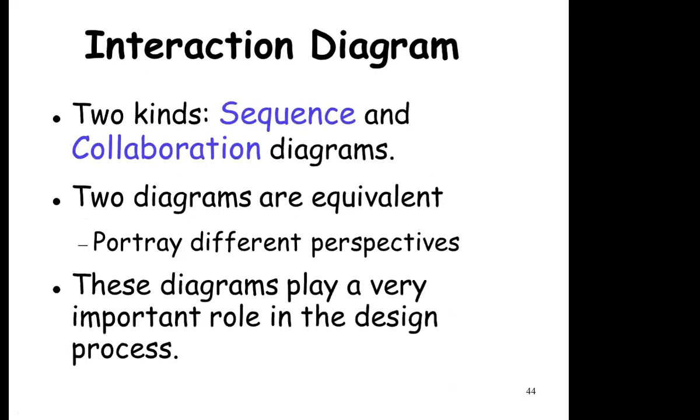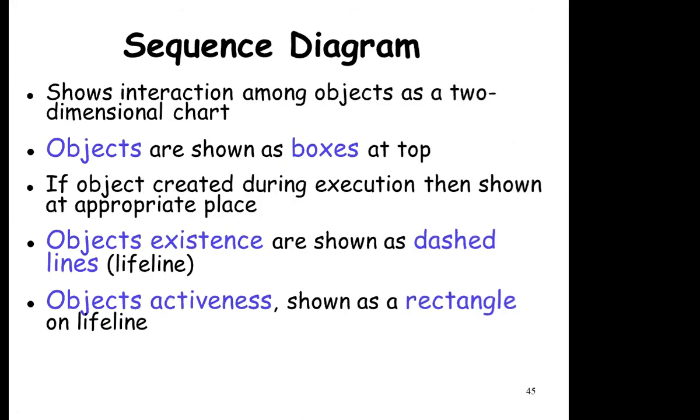Next. So how do they interact? There are two types of interaction diagram, sequence and collaboration. We will be doing the sequence diagram. It shows the interaction among the objects. Objects are shown as boxes at the top of this diagram. I will show you the sequence diagram. I will give you the example of two systems where I will draw the class diagram, object diagram, sequence diagram, activity diagram, and use case diagram. I will show you two examples today, and we will make all the diagrams in the syllabus for those two examples.